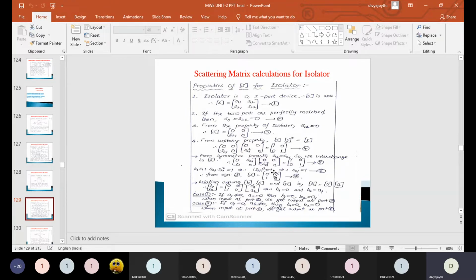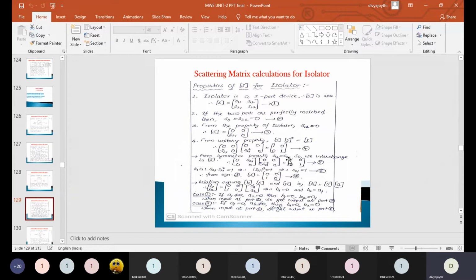Here there will be a little confusion while we are performing the analysis for calculation of the S matrix. I'll just review this once again. Here we have 0, 0, S21 and 0. This is the S matrix we have, and its complex conjugate means S21 is going to have a star over here. Okay, and we have a symmetry property. What is that symmetry property? The symmetry property says that S12 is equal to S21.